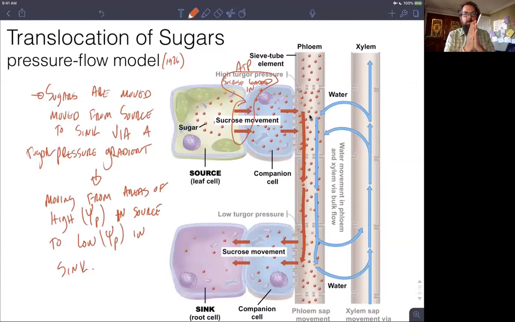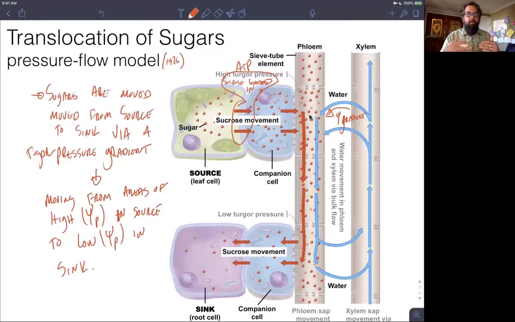And so what happens is water diffuses by osmosis into the phloem, because the solute potential in the phloem is so much lower than the solute potential in the water that's in the xylem. And so water actually moves into the phloem following a water potential gradient. So there's a water potential gradient moving the water in. So solute potential goes down, water flows along that gradient from the xylem